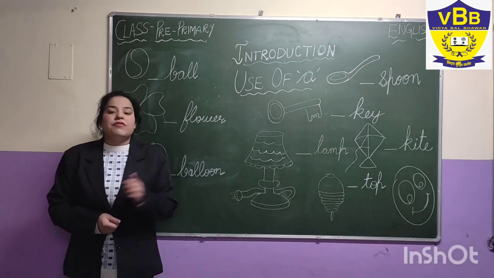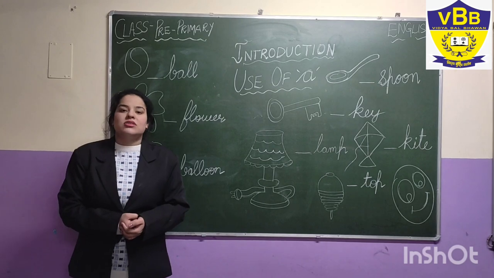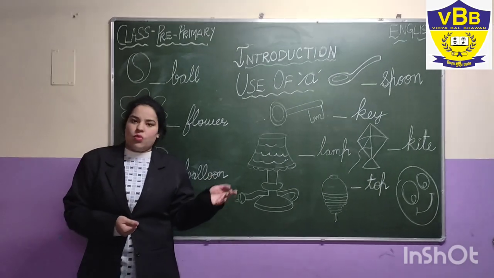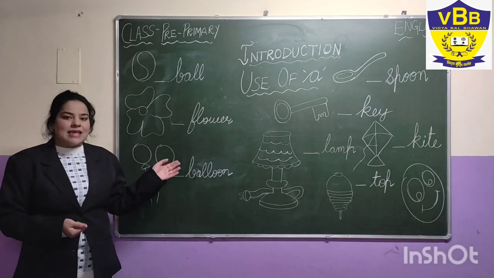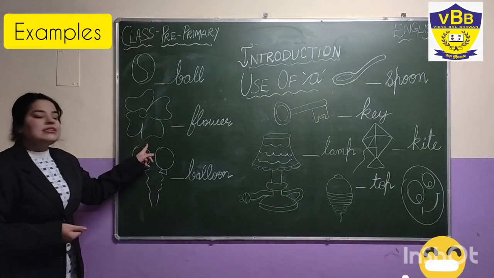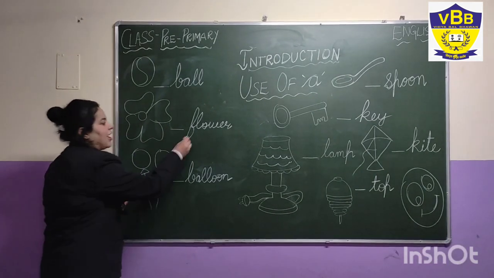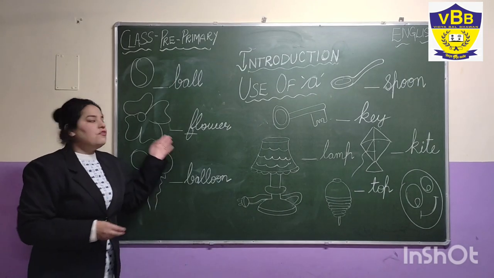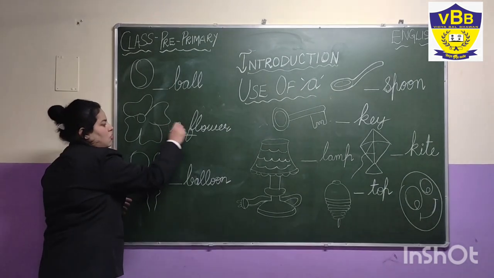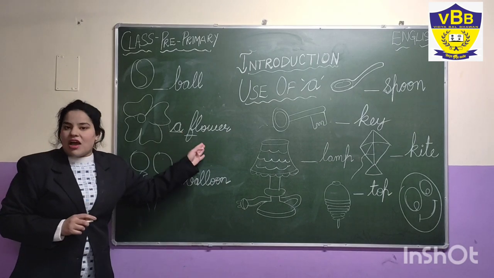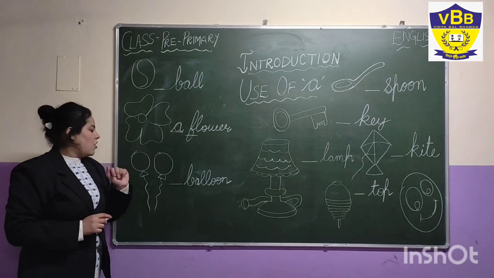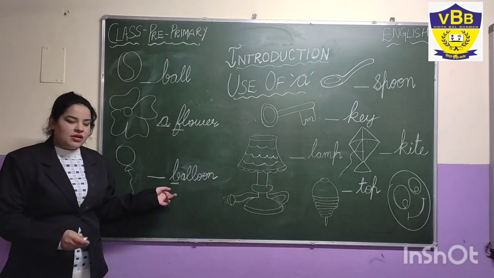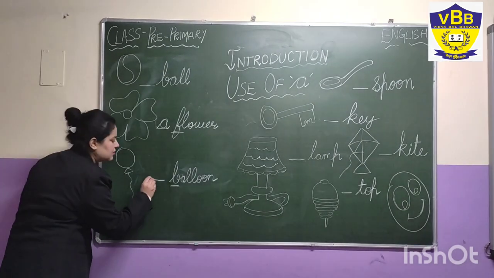So let us learn where we use A. A is used before a word that begins with a consonant sound, and it is introduced with a singular noun. I am telling you some examples for this. See, this is a flower. F is a consonant, so before that word we use A. So now the phrase is a flower. Now, next example is balloon. B is also a consonant, so before that word we use